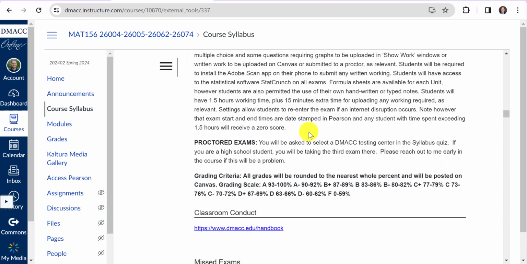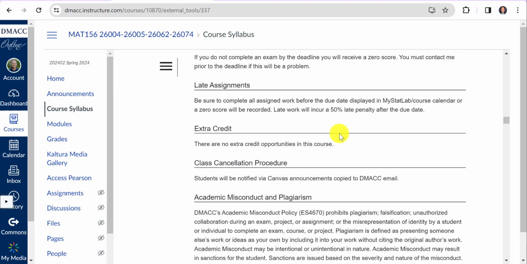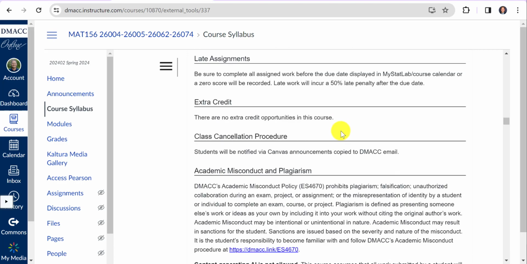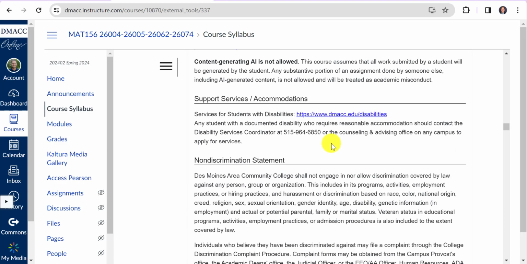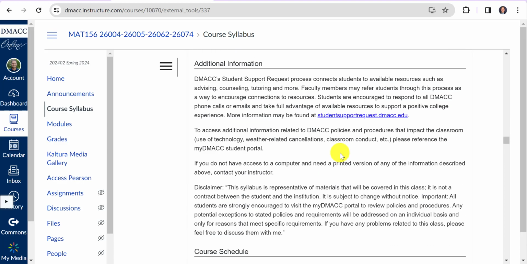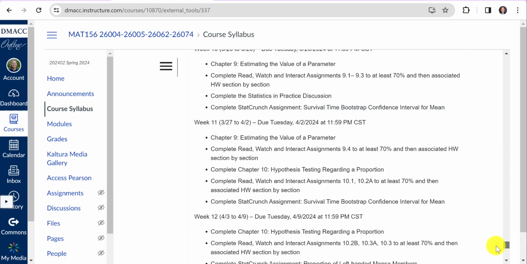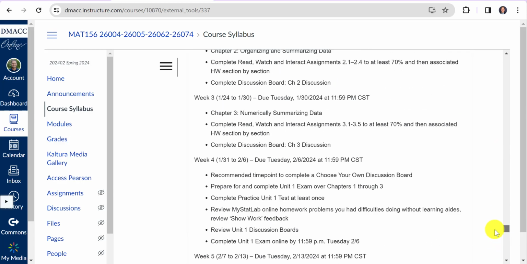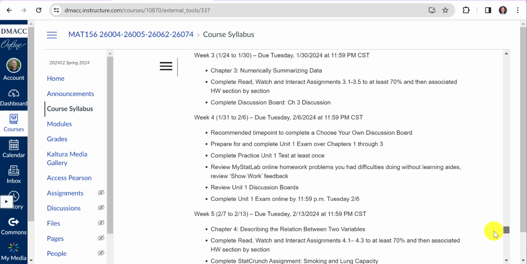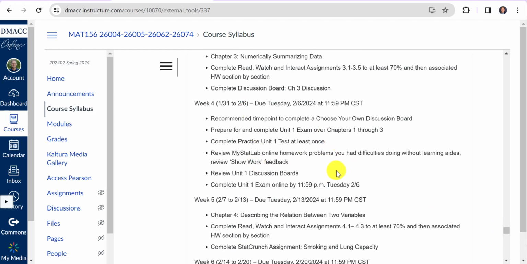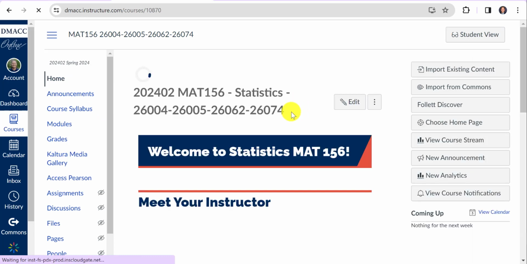Then there's some information about the proctored exam. Last day to drop the course is March 26th, so you'll have a couple exams in by then, and you'll know where you stand in the course. There's some other things in here. And then I did copy paste the sample schedule also into the syllabus, but it's a unique document, a PDF you can download, can see what's due every week. Let's see here. I think that's about it for now.